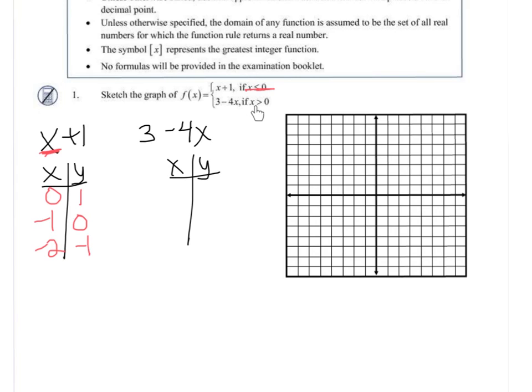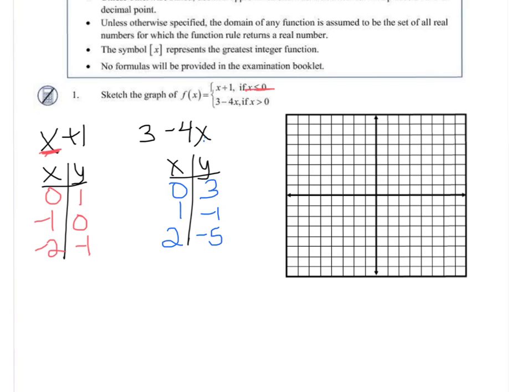And we're going to pick values for x greater than 0, but I'm also going to include 0 because I need to put an open circle there when I draw that piece of the graph. Let's do 0, 1, and 2. When I plug in 0, I get 3. When I plug in 1, and when I plug in 2,